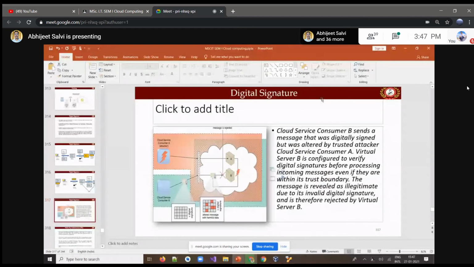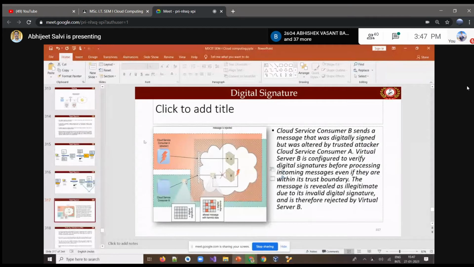So this entire flow is called a digital signature. That is again one of the very important security concerns in cloud computing.